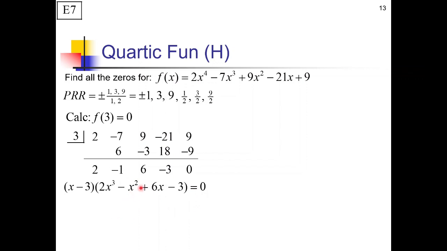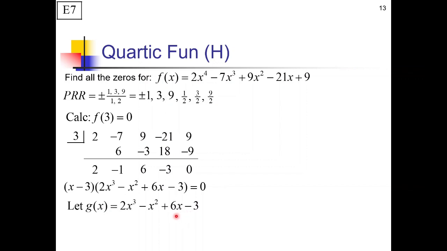So we've got it broken down to a cubic here, and you might be wondering, okay, what do we do at this point? We don't have a ton of methods for cubics. So if there is an easy shortcut you see here, you could take it, or you can do rational roots theorem again and hope that something will work. So what I'm going to do, if I'm going rational roots again, I'm going to give this quotient a name. I'm going to call this g of x,